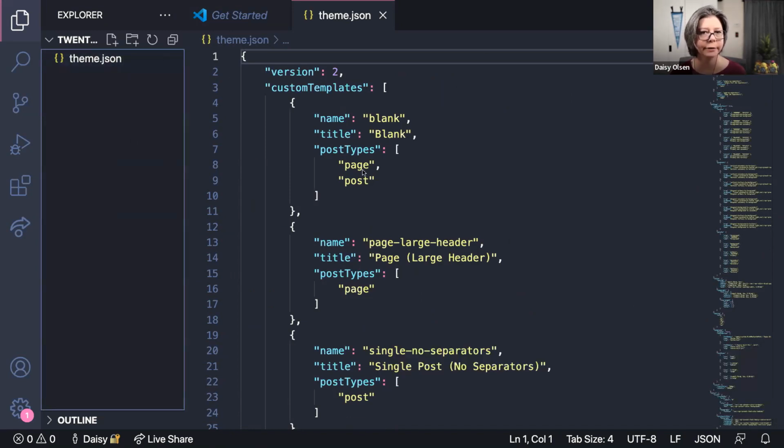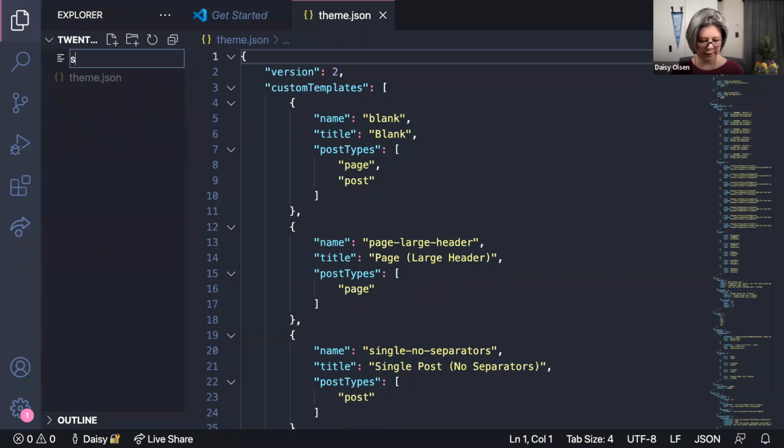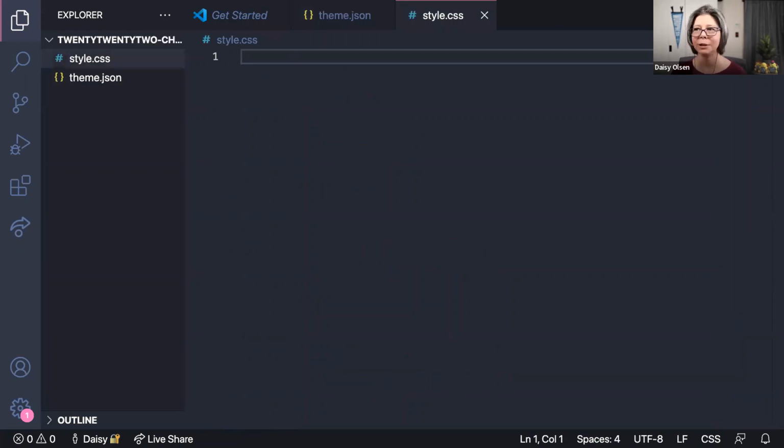This is not enough for it to be a theme yet. So what we need to do to make it a theme is add a style.css file. I am not going to actually add any CSS to this, but I am going to add the header. So let's see. I should have gotten this ready ahead of time. It's helpful for me to see your process, so thank you. All right,